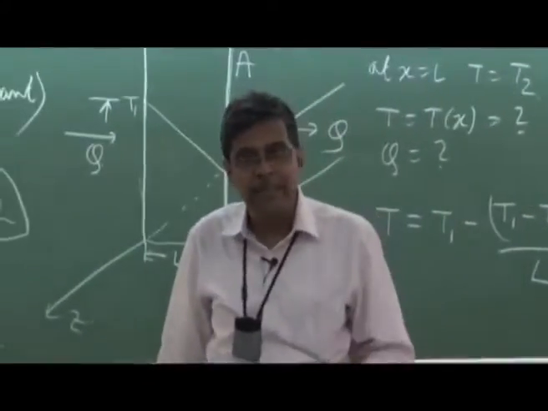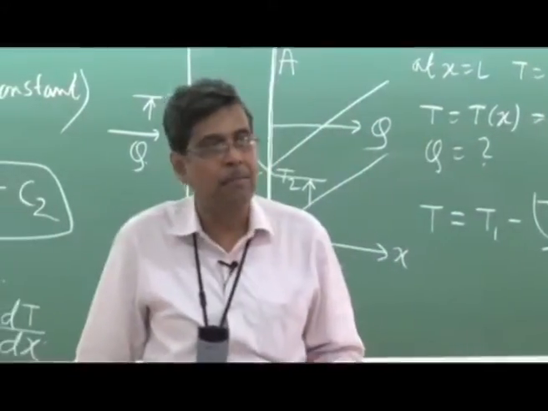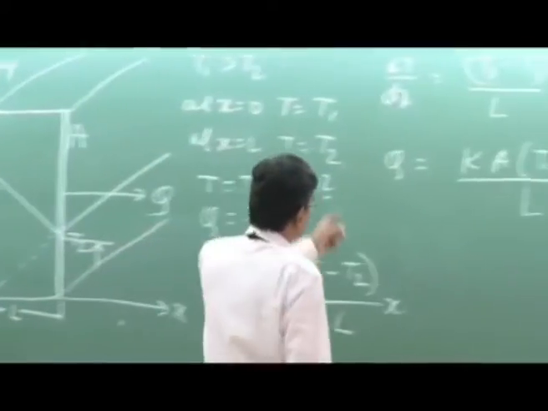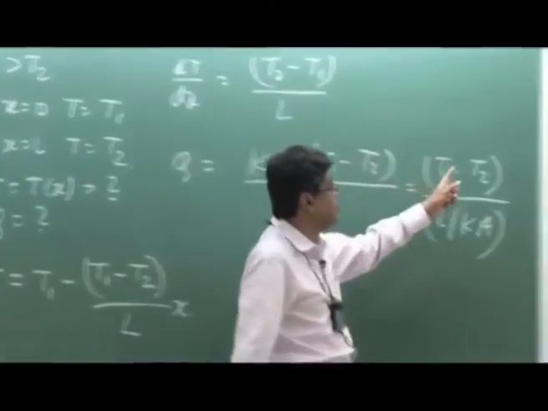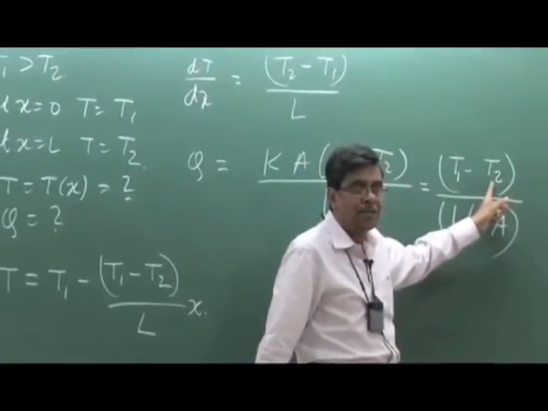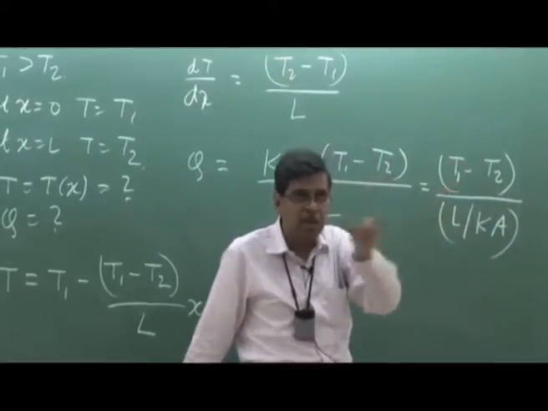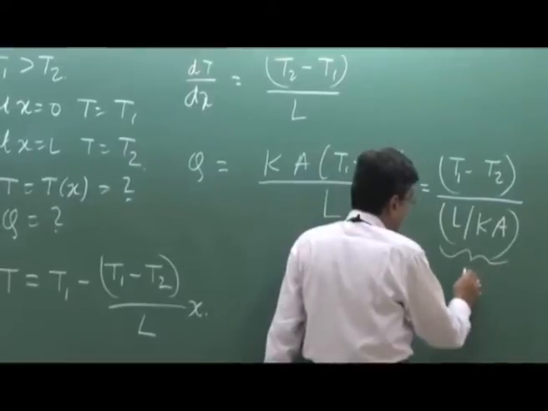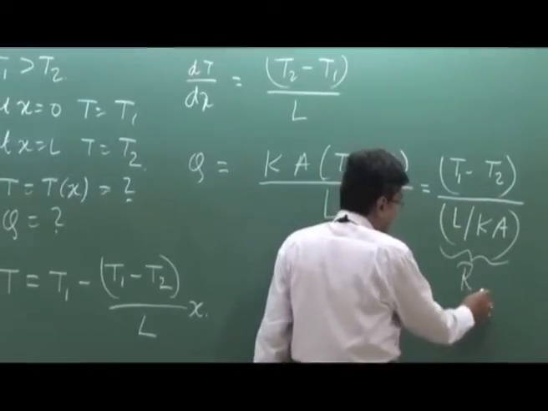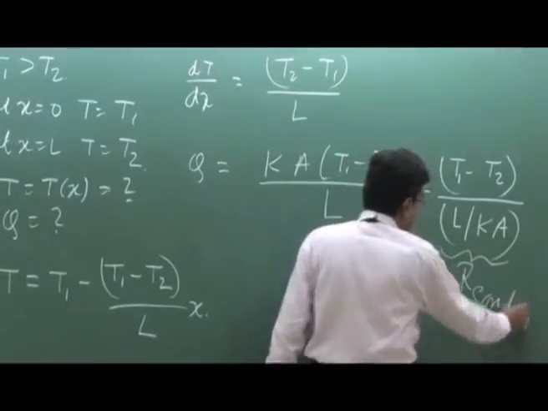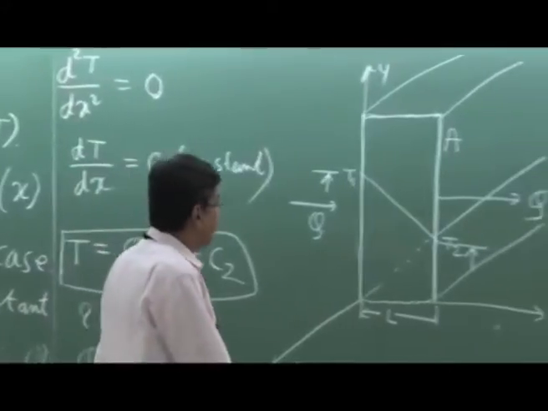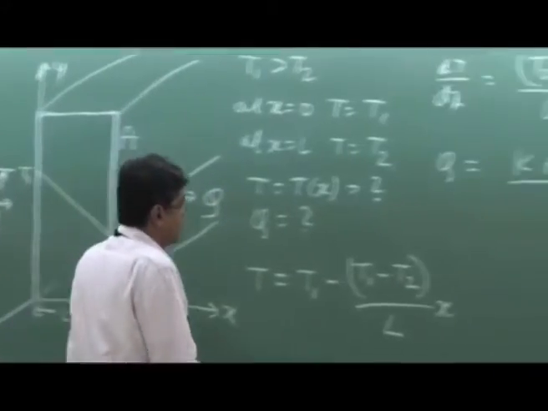That means the length and area and the thermal conductivity. And combinedly this defines a resistance, because flux is equal to the potential difference of that scalar potential which causes the flux divided by the resistance. So this can be perceived as conduction resistance, R cond, C-O-N-D, I am writing in short, R conduction,